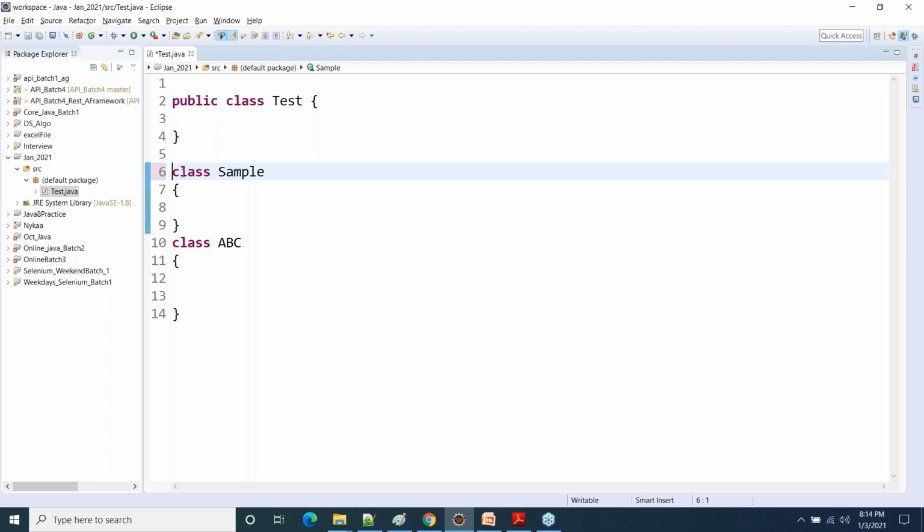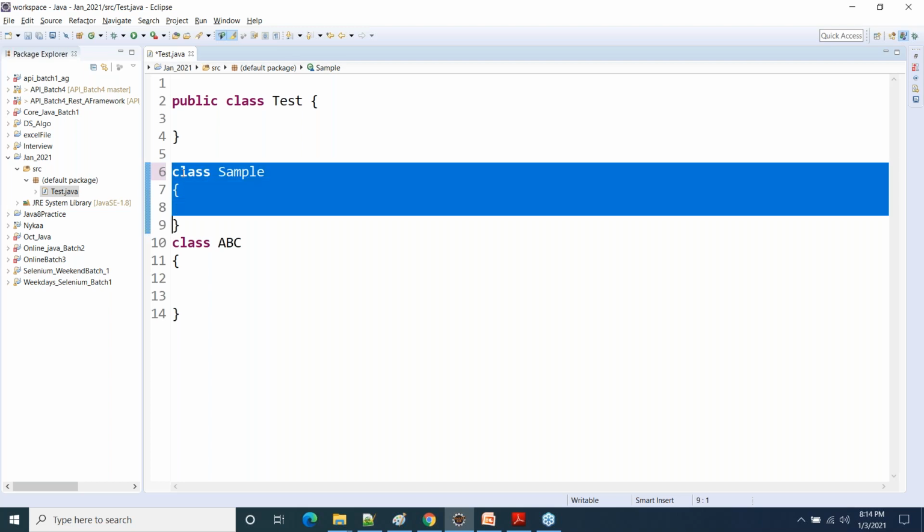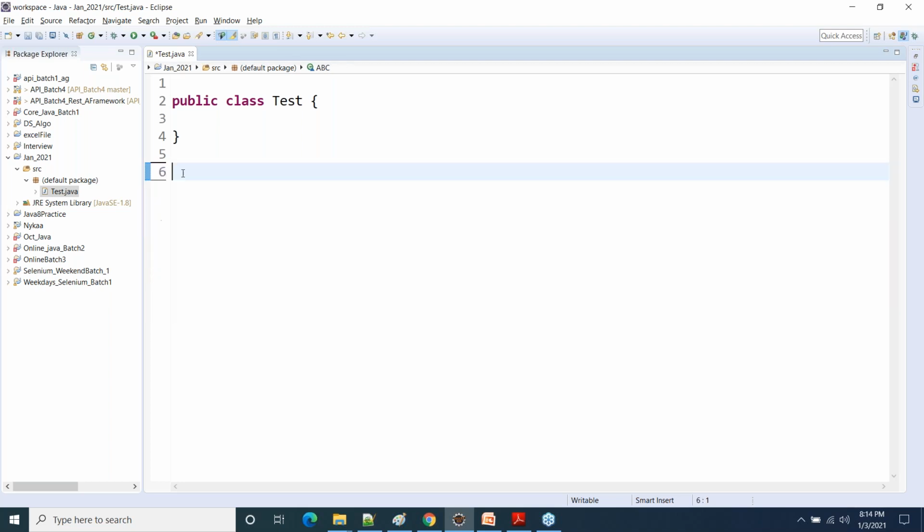I will also create one class in a source file. But yesterday I just told you that it is possible to have multiple classes in the same source file. But in live projects, we generally create only one class in a source file. Is that clear? Any questions here? Please ask.